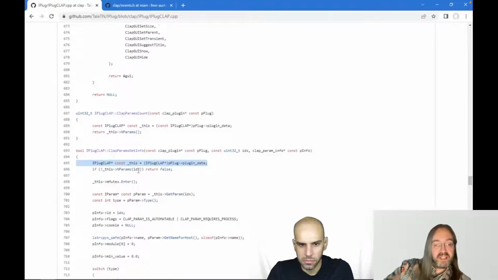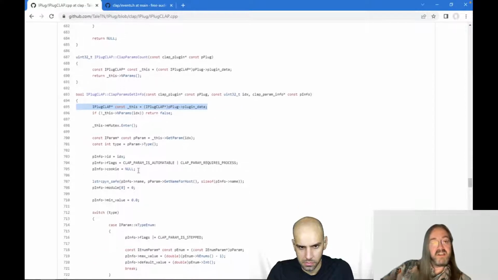But now, of course, that line is only one line of many, and so it's not so bad anymore. In other words, almost all of the functions for clap that have function pointers pointing to it have this first line, because I always need a pointer to my object, because else I cannot do anything.